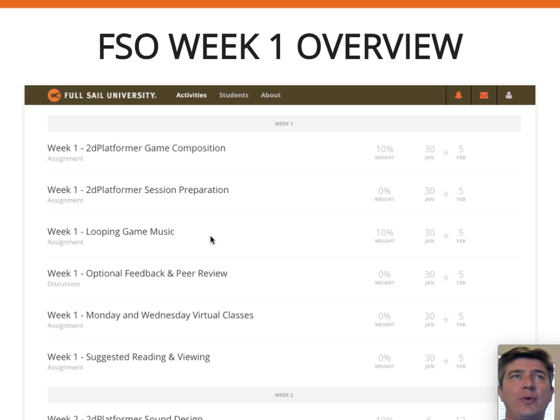Our second assignment for the week, we have 2 graded assignments. The 2D Platformer game composition, where you will be composing all of the music and delivering the asset files, and a looping game music assignment that has you going through the process of creating music loops for a game with a couple of different editing techniques. So all of the files are provided. All of the raw assets, whether it's MIDI or a longer audio file. And there's a couple of different techniques for creating music loops